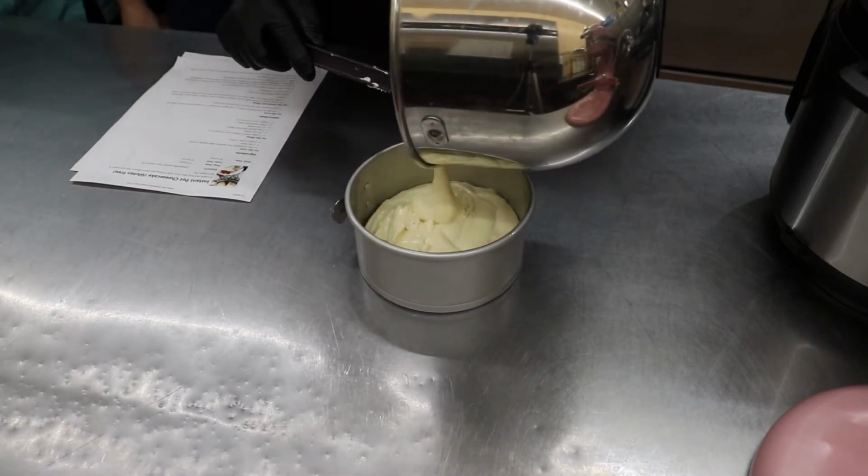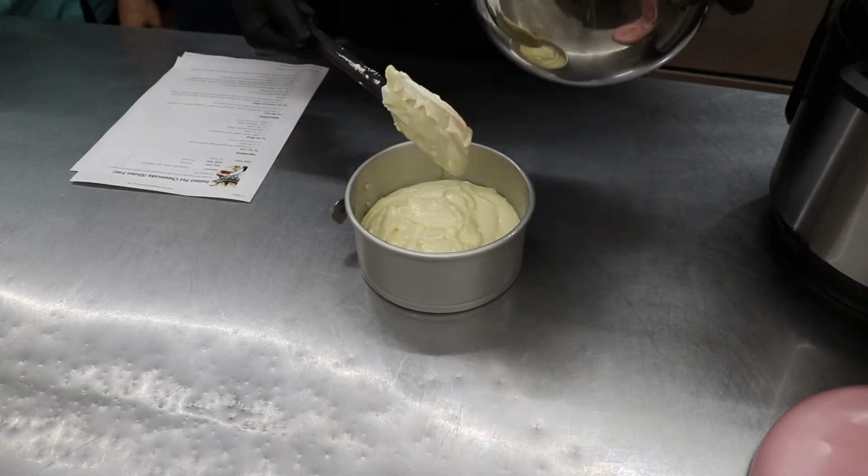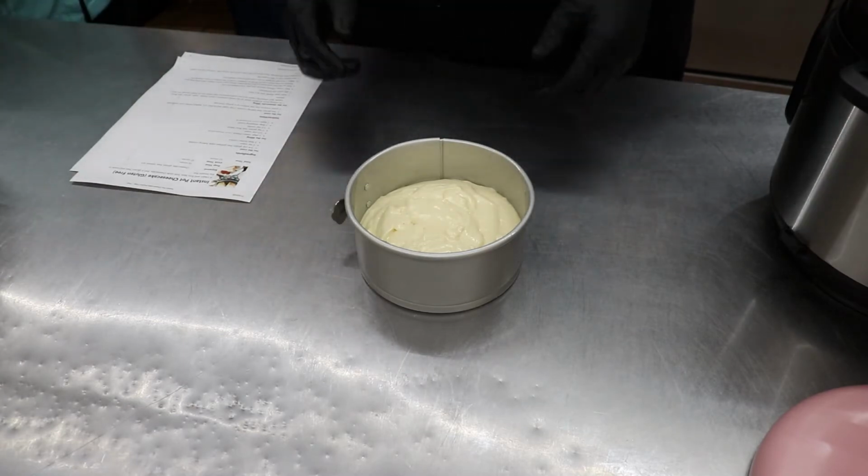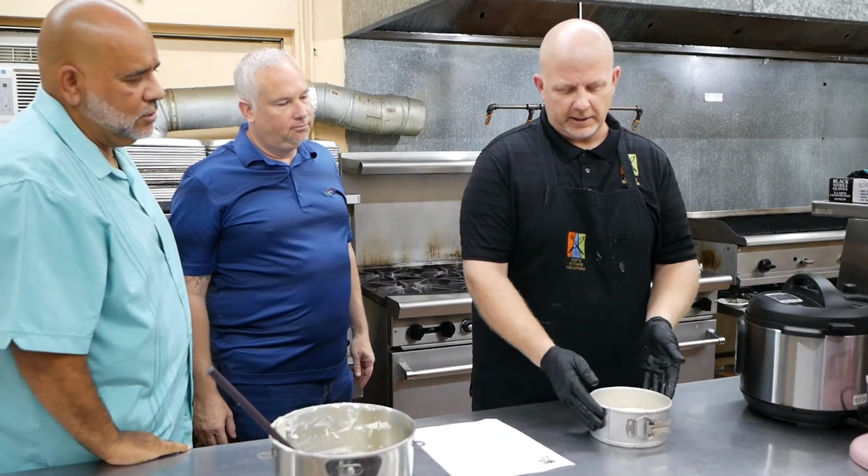So this recipe is for an 8-inch, so I'm not going to put all of it in there. I got a 6-inch pan. So now that's in there, you want to kind of